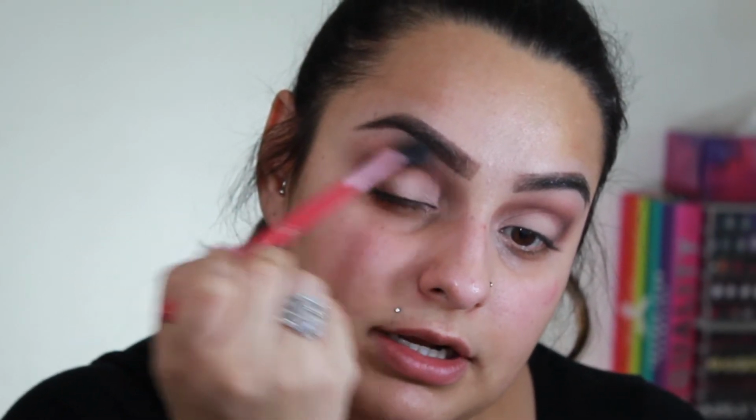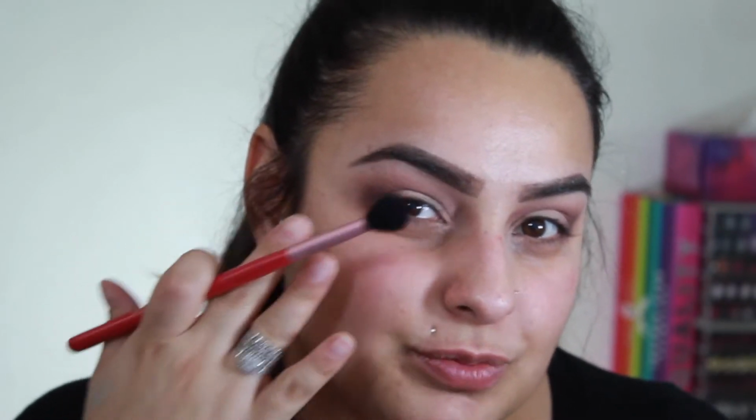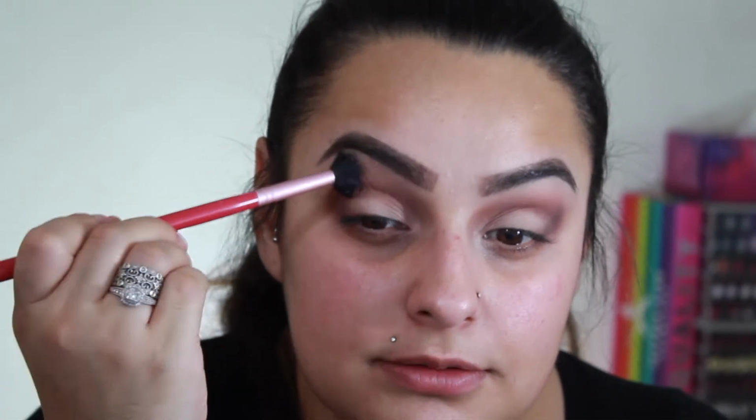Oh, and I guess I could take the time now to tell you guys about the super expensive Sunday Riley lactic acid treatment that I got. I've only used it 3 times. I think you're supposed to use it nightly. I don't use it nightly because, look, I used it last night. I think it breaks me out. And I don't know if that's a part of it, if it's supposed to maybe break you out so that it's releasing all those bumps. I really have no idea. I don't know the science behind it, but